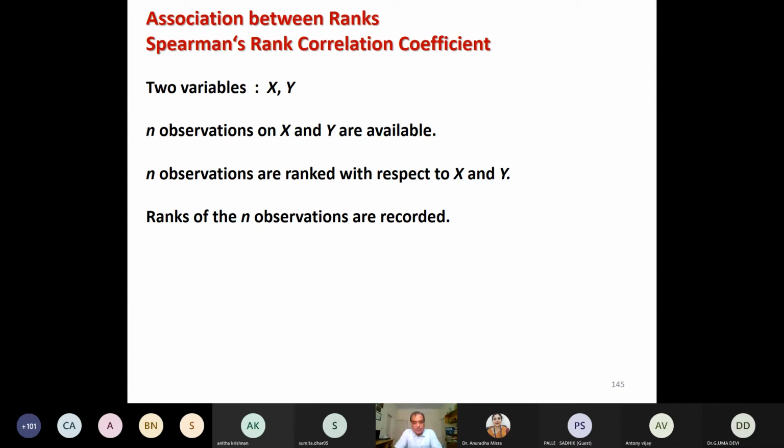So now I come to another concept, the rank correlation coefficient. Rank correlation coefficient means, as I said in the beginning, that you have two types of